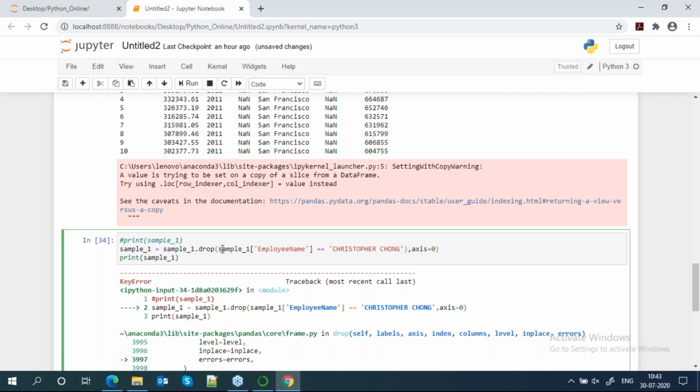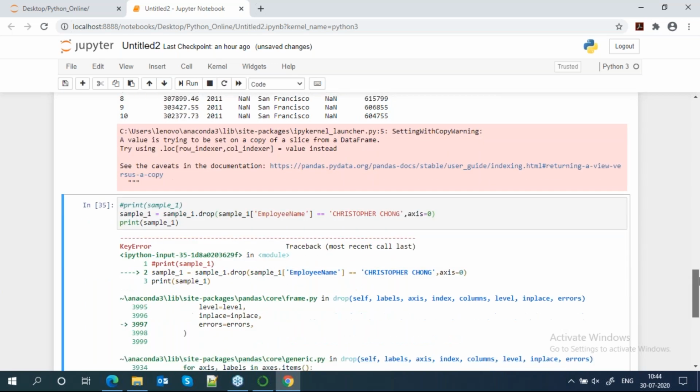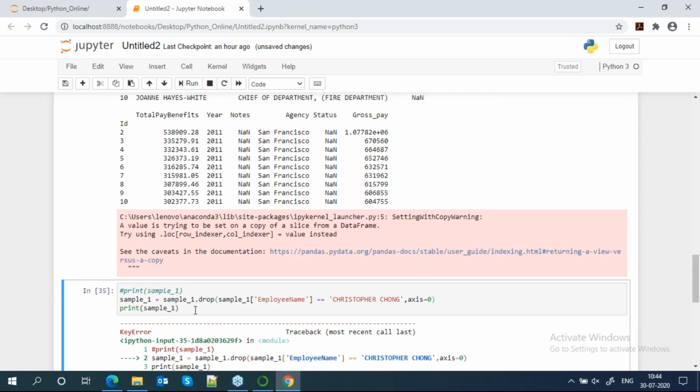Okay, this is actually the way. This is also you can drop. Or if this is not working in some case, you can